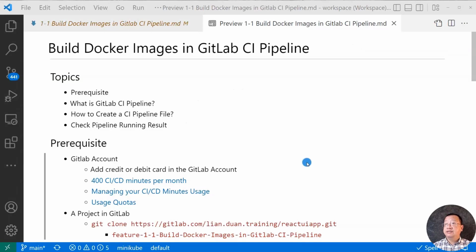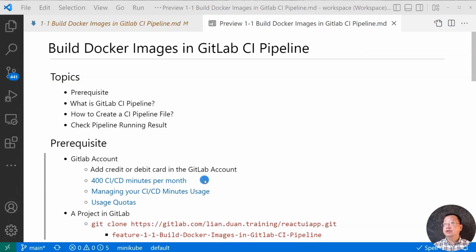For your exercise, you have to register a GitLab account with the free plan. The account has to have credit card or debit card information. Why does GitLab need our credit card or debit card information? Because GitLab wants to avoid crypto miners who abuse and monetize free CI minutes for their own personal financial gain. After you get the account, you will have 400 free minutes per month of CI/CD runtime.